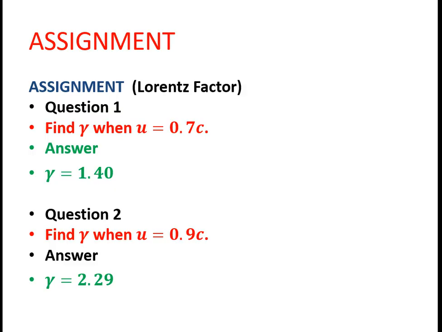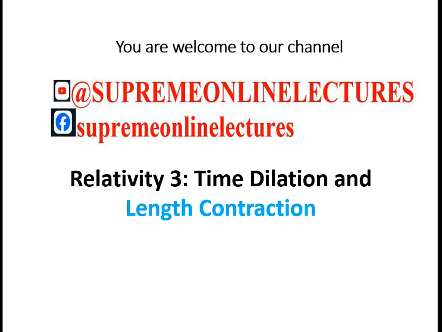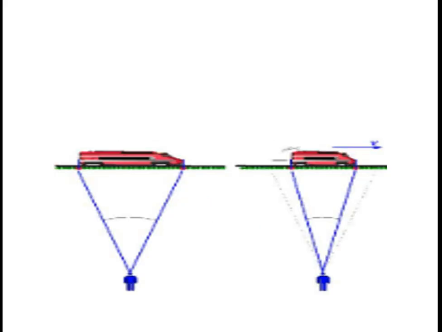Let's quickly move down to the other topic, length contraction. Before I continue, please look at this diagram here. You see an observer standing here and a stationary train. This train, let's say, is 100 meters, for example. Now, if this train suddenly moves at a velocity close to the speed of light, this observer here will notice